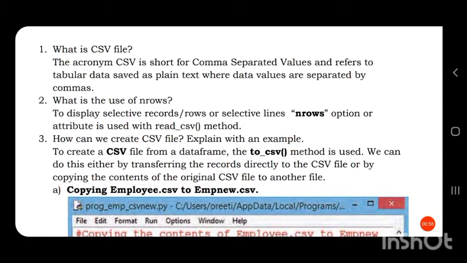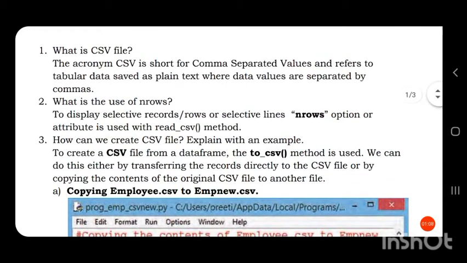It is a plain text file in which each row in a table is represented in a single line, and each cell value is separated by commas.